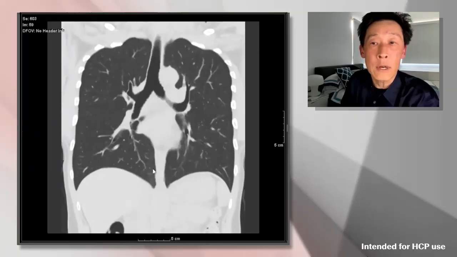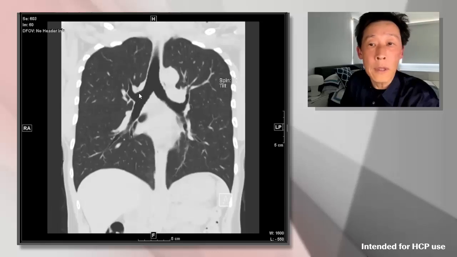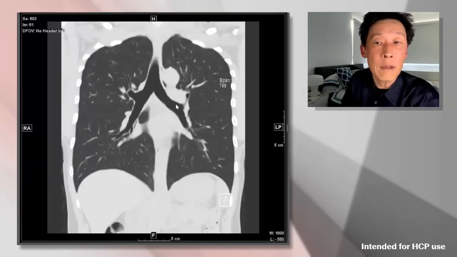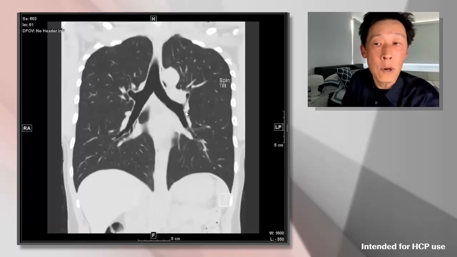And here we see a very nice example of the trachea dividing into the right mainstem bronchus and left mainstem bronchus. The first bronchus to come off the right mainstem is the right upper lobe bronchus. At that point, this bronchus, after the takeoff of the upper lobe bronchus, is known as the intermediate or interlobar bronchus. On the left, we have the left mainstem bronchus, which generally is about twice as long as the right mainstem. The first branch off is the left upper lobar bronchus.